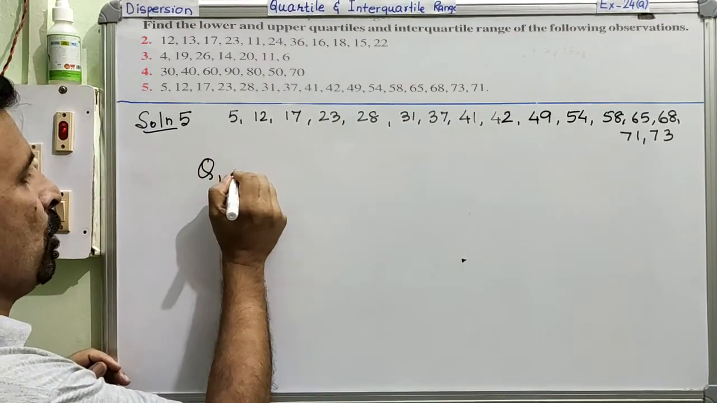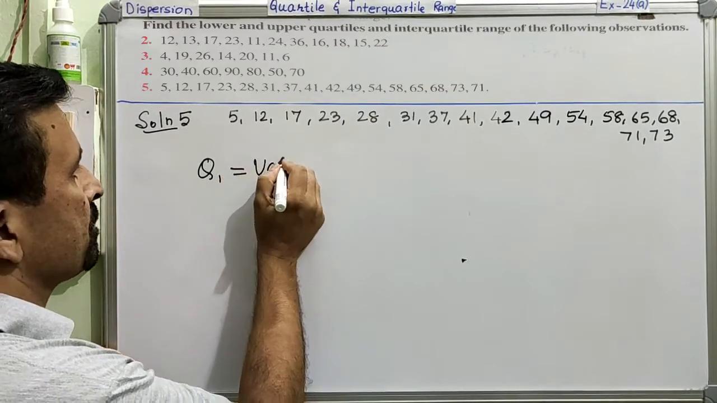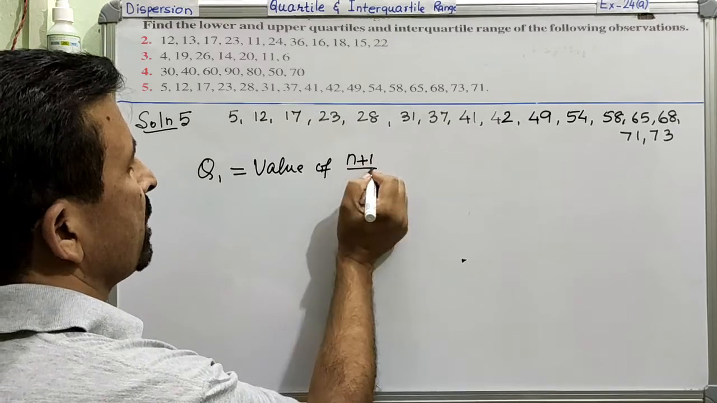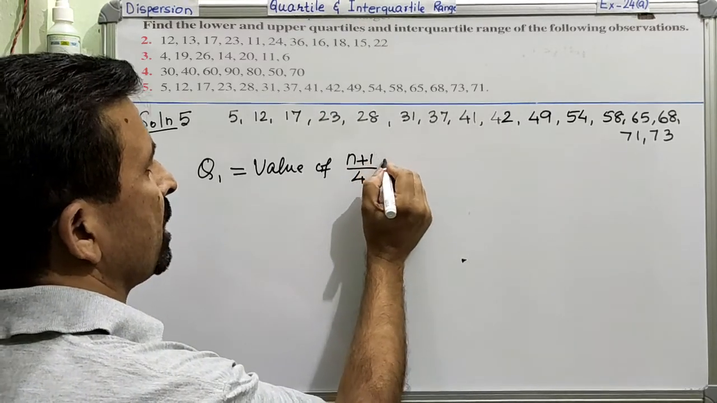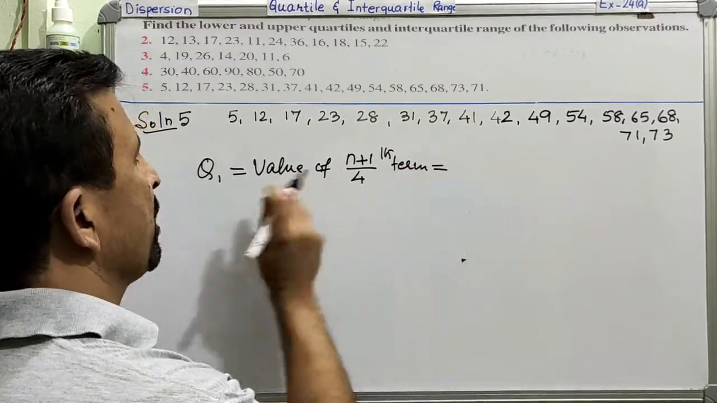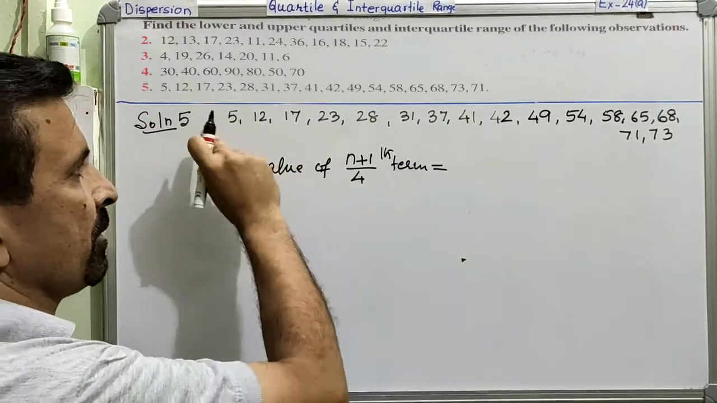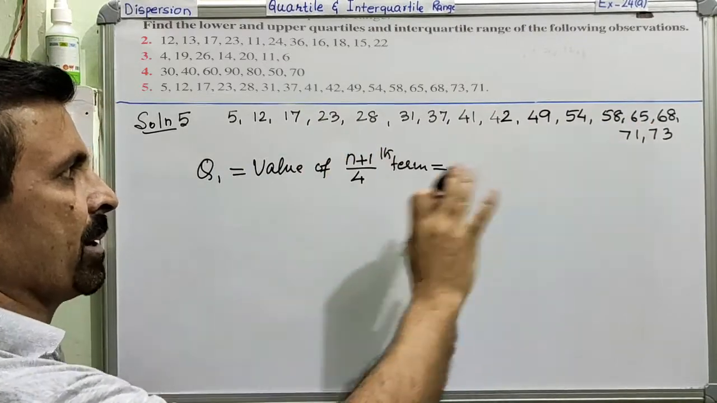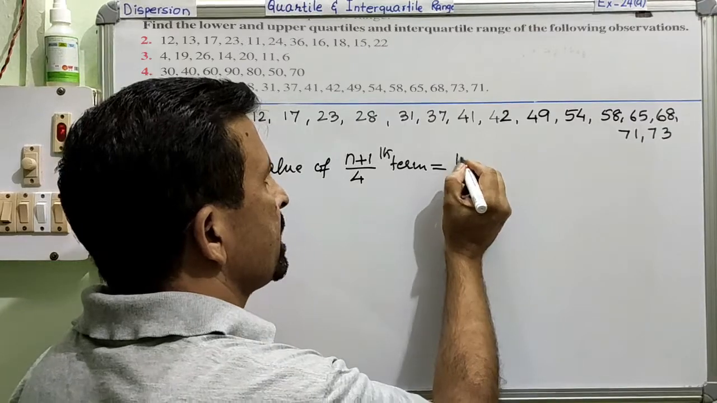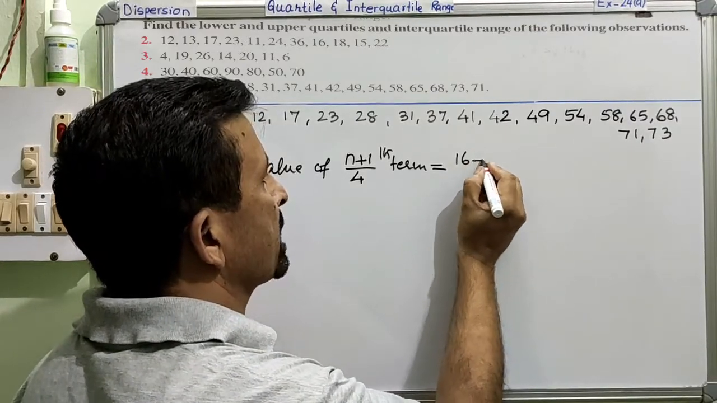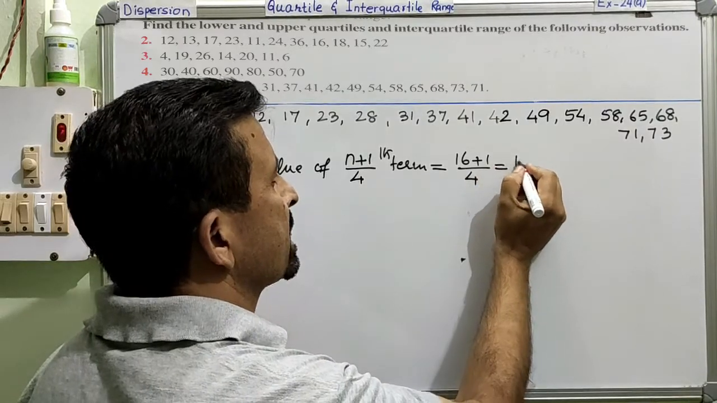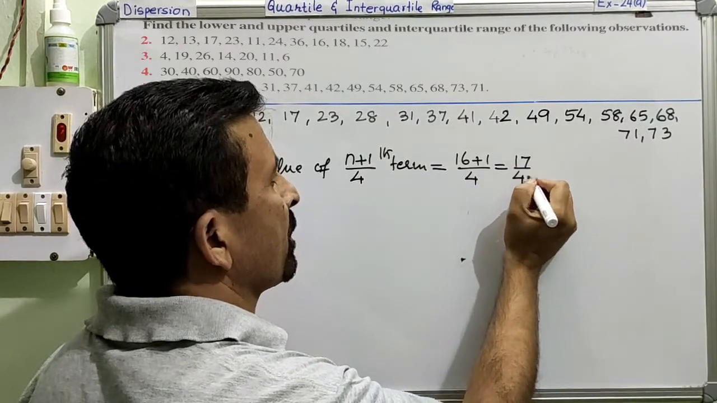Now we are going to find the lower quartile. So Q1 is equal to the value of the (n plus 1) divided by 4th term. The value of this term will be your Q1. I told you that whether you have an odd number of data or an even number of data, we go with the same formula. So n is 16. 16 plus 1 divided by 4 is 17 divided by 4. That means this will come